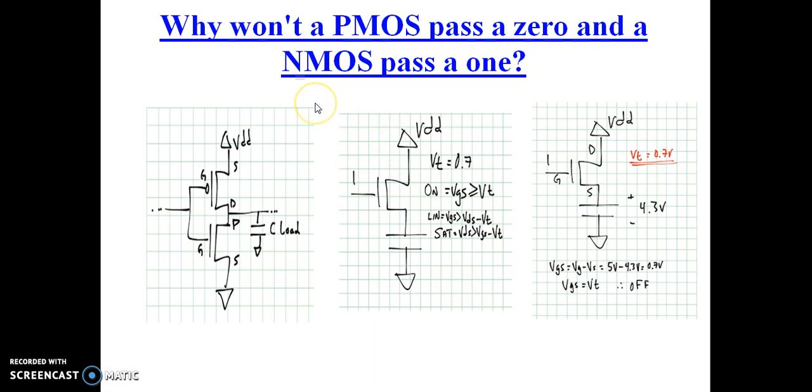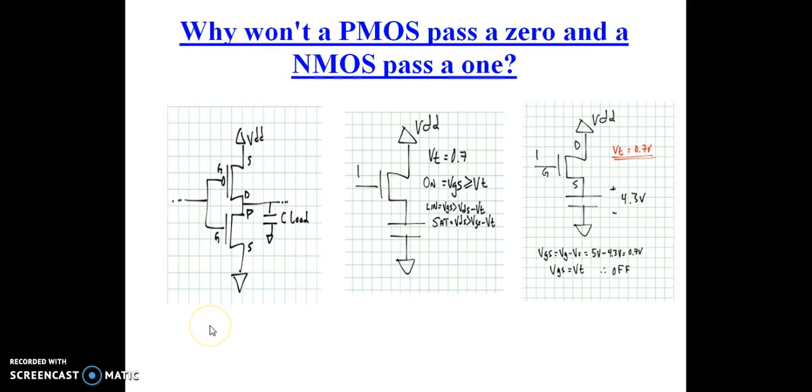Now here is the question: why does PMOS pass weak 0 and NMOS pass weak 1? You have to think on this particular question and give the answer for that. This was actually a reflection spot where you have to think about why PMOS won't pass strong 0 and NMOS won't pass strong 1. So I am giving the reason over here.